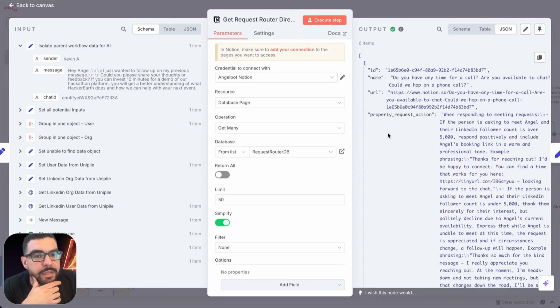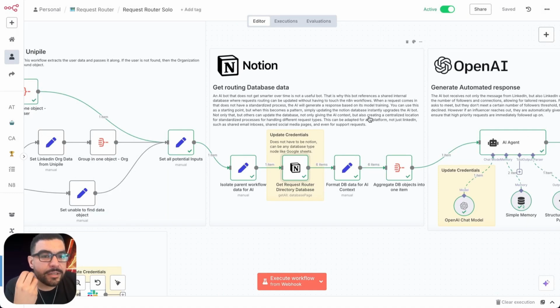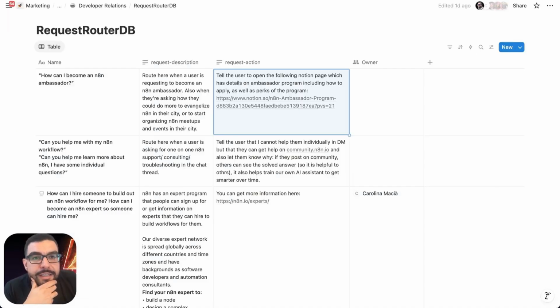This is where a big portion of the power of this automation lives. AI is wonderful, but without guardrails, AI can quickly start hallucinating responses that we may not want. To that end, we've created a little database internally for our team. You can think of this database as almost a standardized procedures database that allows us to route the answers to